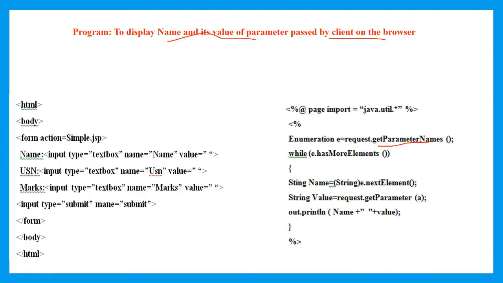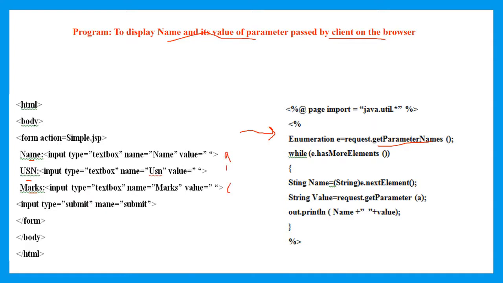So the client has to send the name and its value. The client is sending the name, USN and marks. I want to read these values from the client. For that we need to make use of the getParameterNames method. Assume that the name has been written as A, USN is 1 and marks is 65. When the client submits the button,